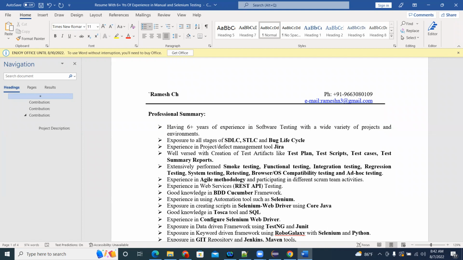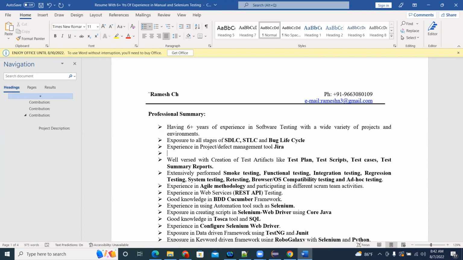Okay, next point you can put: having experience in Agile Scrum methodology. Having experience in Agile Scrum methodology. So that point you can add as one point. And next point,